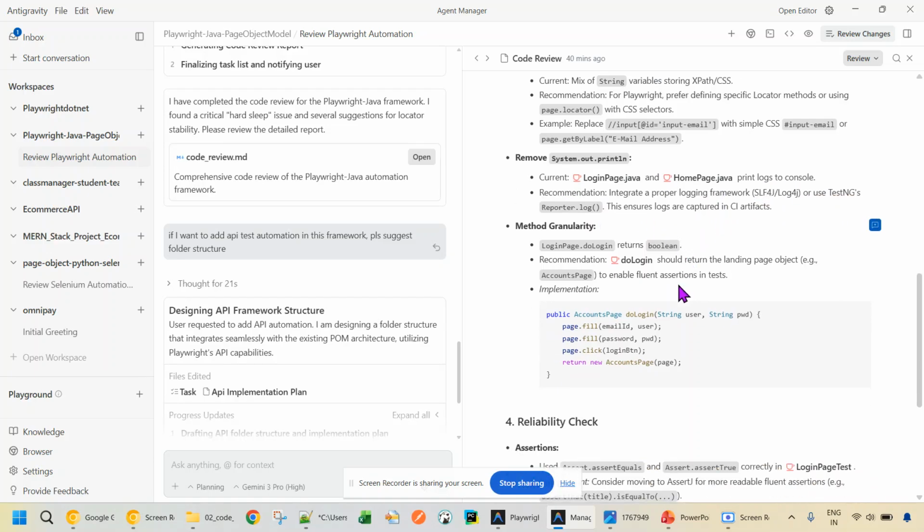Method granularity: LoginPage's doLogin returns boolean. Recommendation: it should return a landing page object, for example AccountPage. This is also perfect. Normally this is the trend we should follow, and so on. It is also giving sample code, so we just have to copy. Yeah, AccountPage, LoginPage,